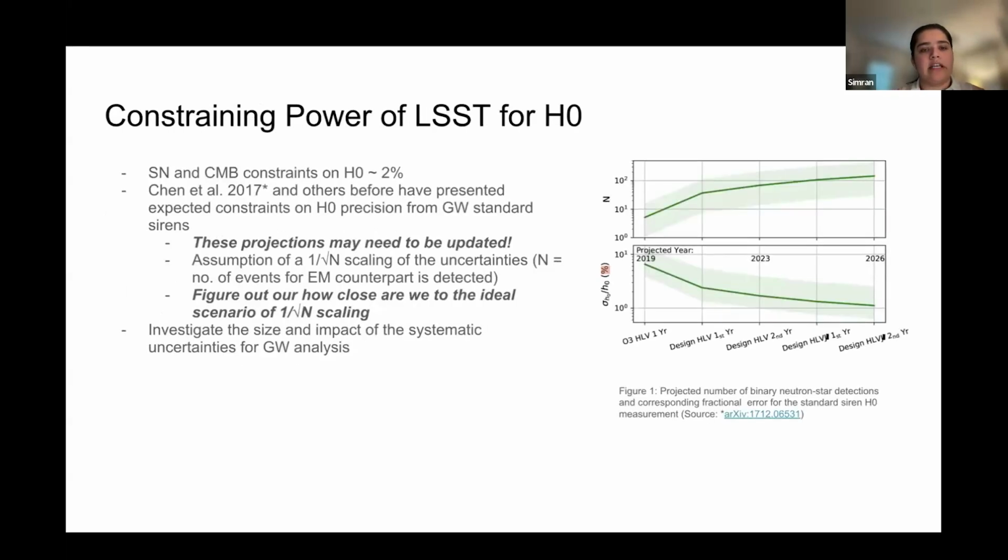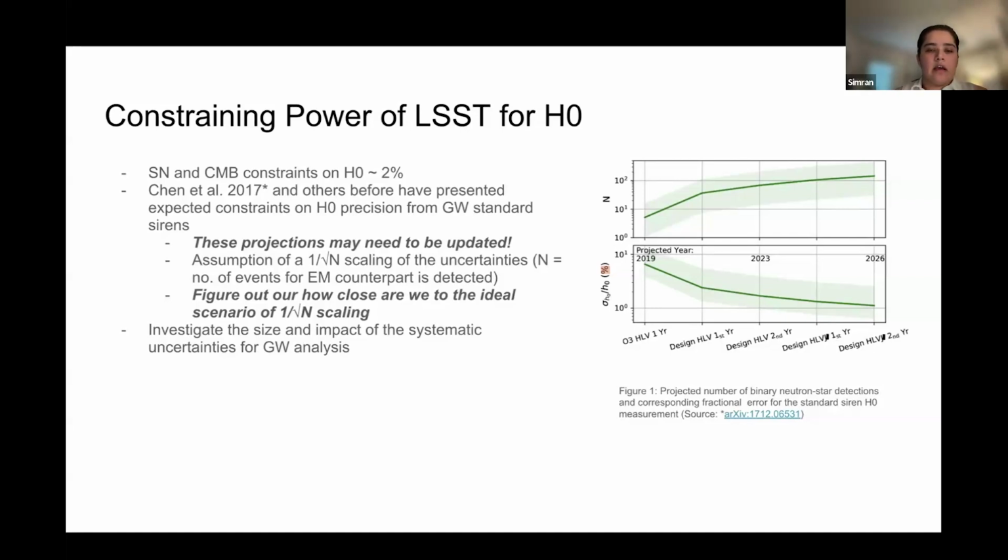Now, regarding the constraining power of LSST for H0, previously we have had constraints on H0 from the supernovae and cosmic microwave background results up to 2%. Previously, when the first BNS merger was detected and we detected the counterpart, we had different people making predictions on how good things are going to be in the future, how well we are going to be able to measure events and the resulting H0 precision from it.